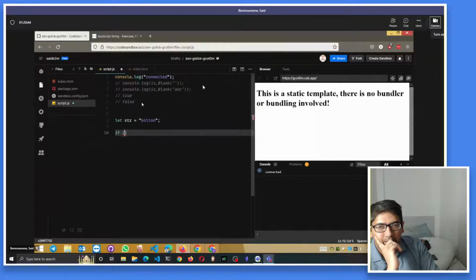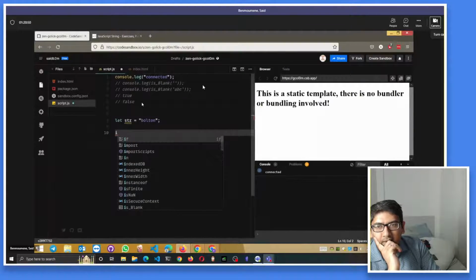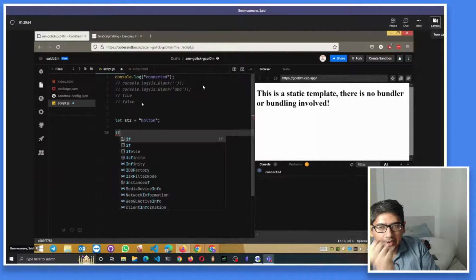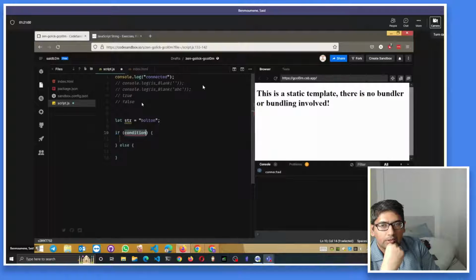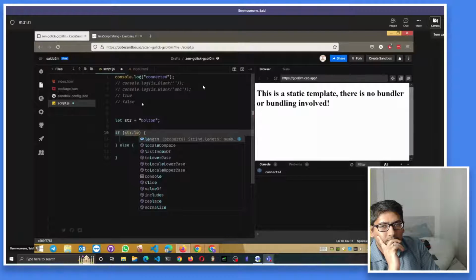Just type I, F. See the second thing, third thing, if else. Click on it, it gives you everything. Now what is the condition? If str dot length